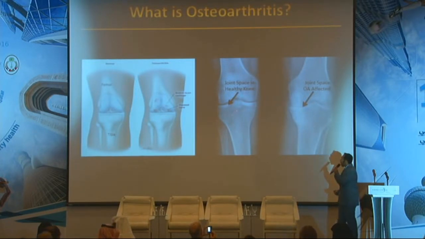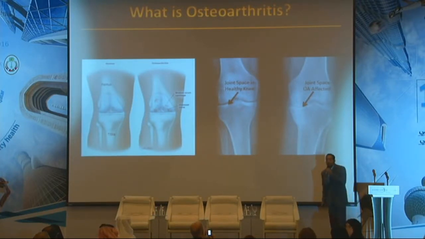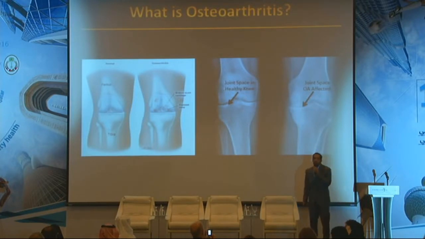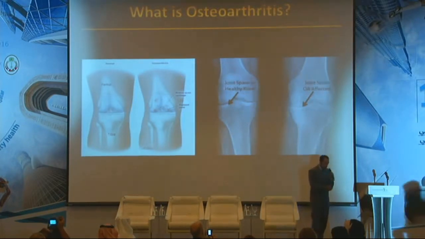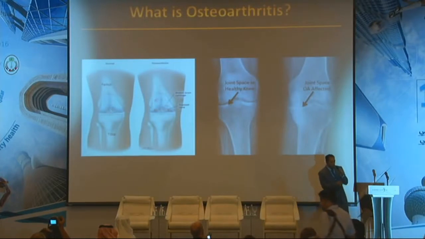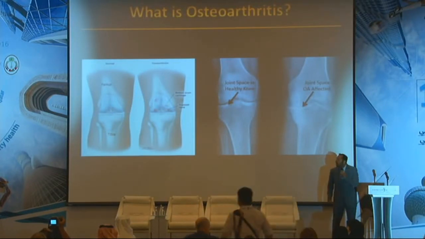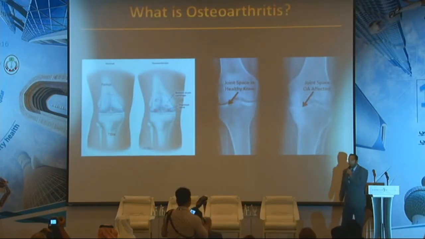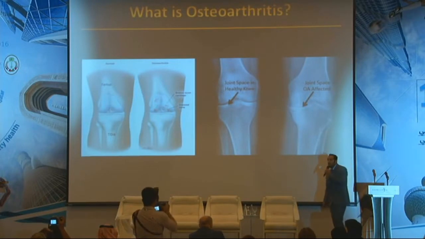And in the X-ray here, you can see a very nice space between the tibia and the femur. This is due to the cartilage. If this cartilage breaks down, you can see there is no space, and this is what we could call bone-on-bone osteoarthritis. And imagine if you have this kind of knee, if you try to move it to do any physical activity, it's going to cause a lot of